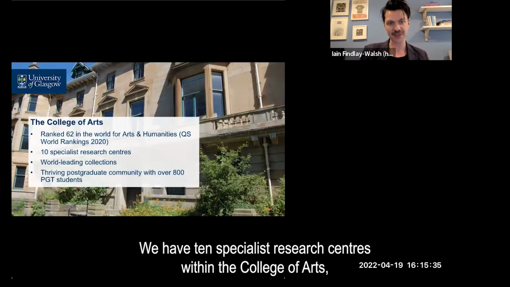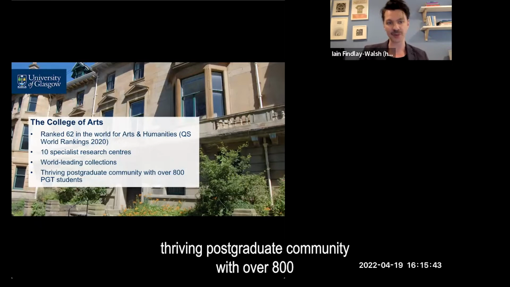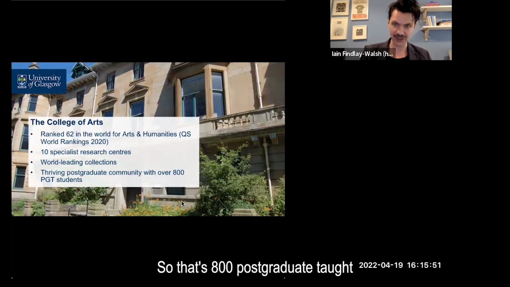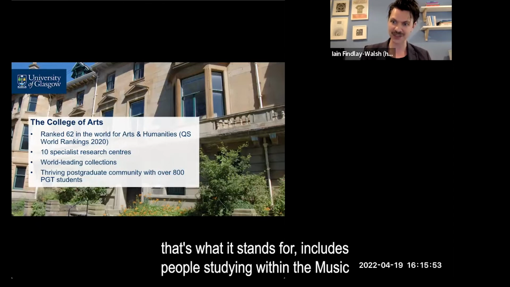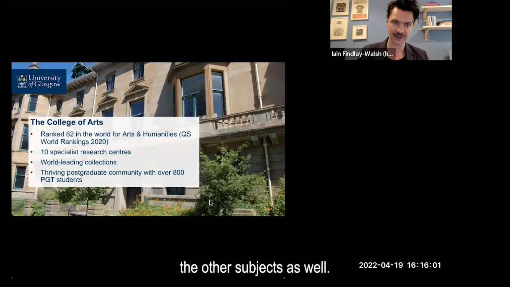We have 10 specialist research centres within the College of Arts, world-leading collections, as I've just described, and a thriving postgraduate community with over 800 PGT students. So that 800 postgraduate taught, that's what PGT stands for, includes people studying within the music subject area, but also those across the other subjects as well.